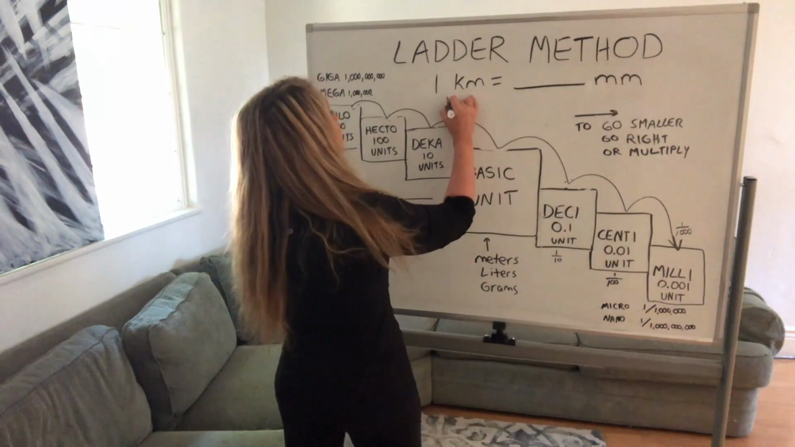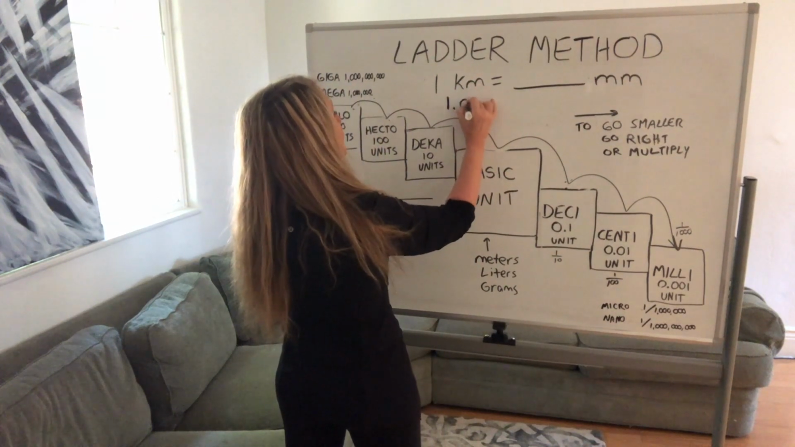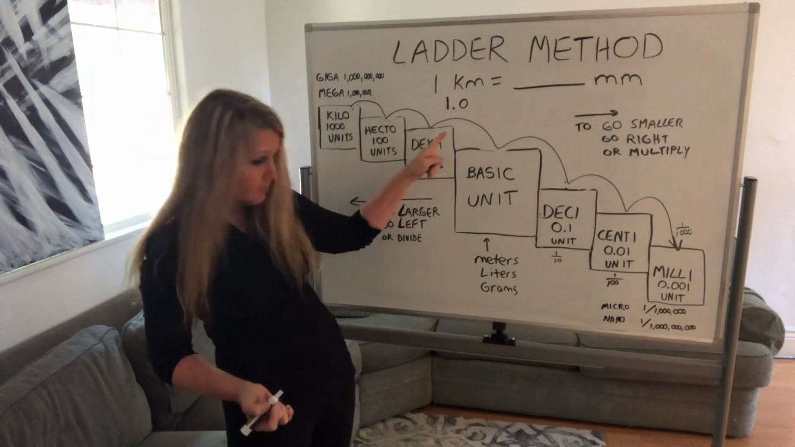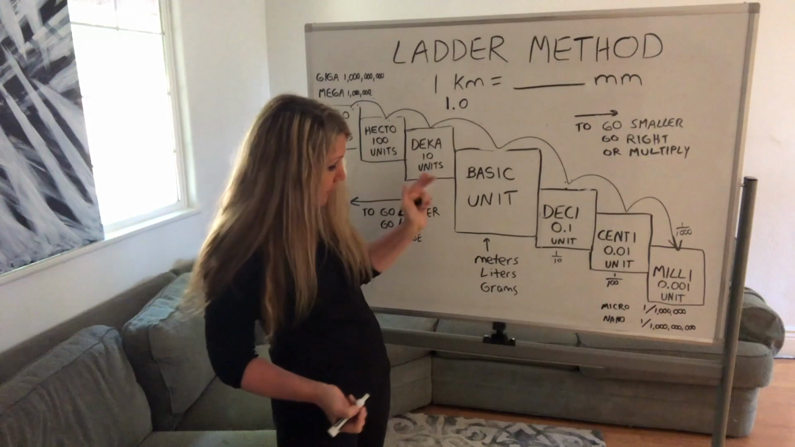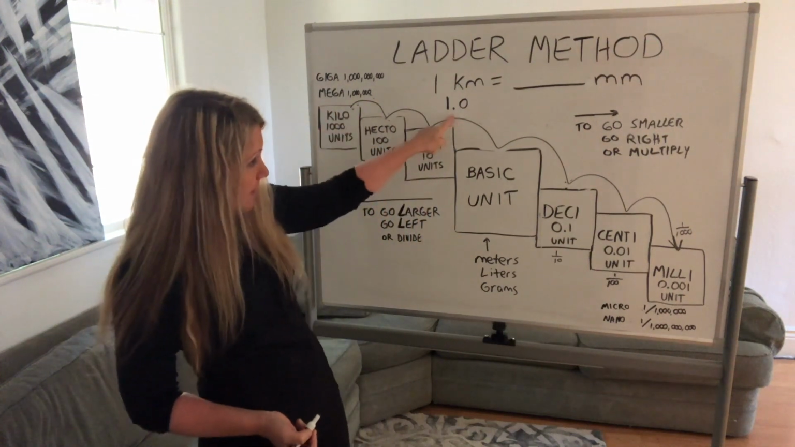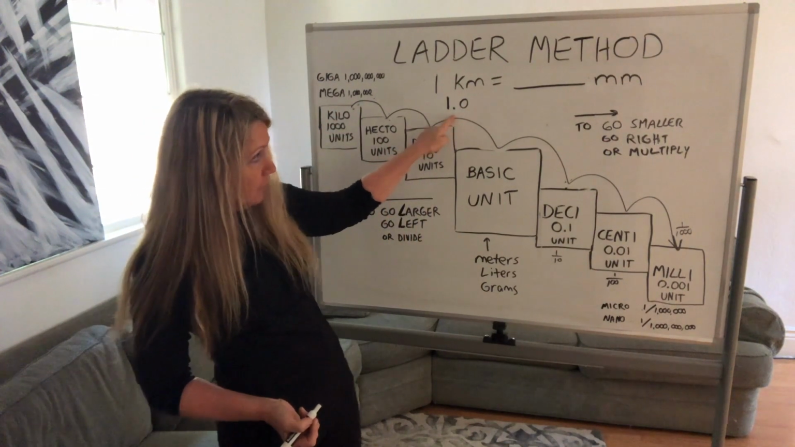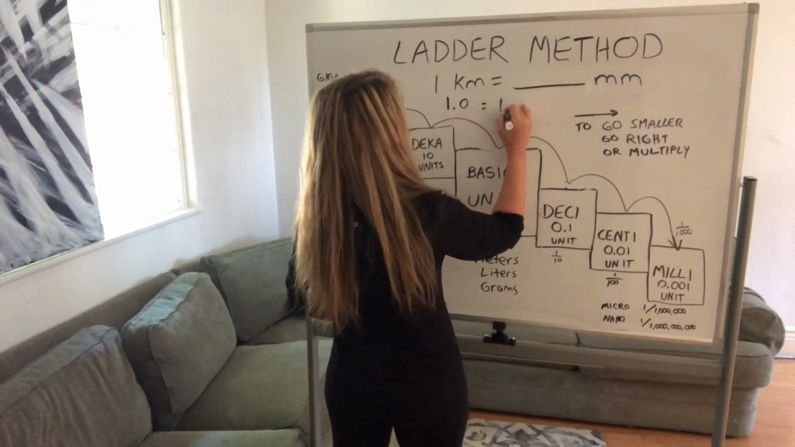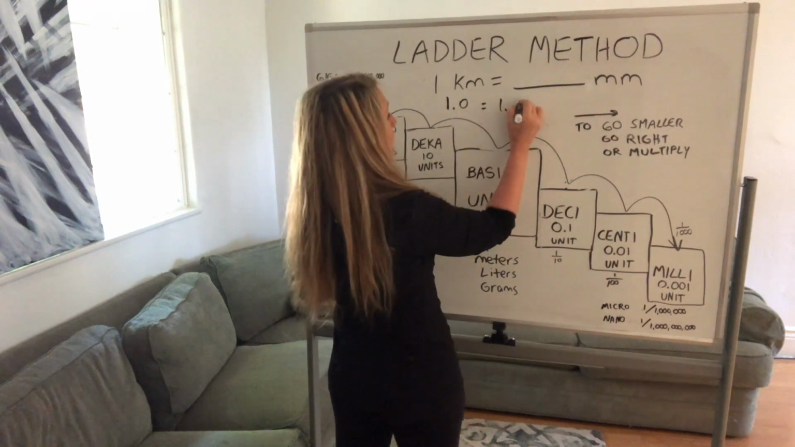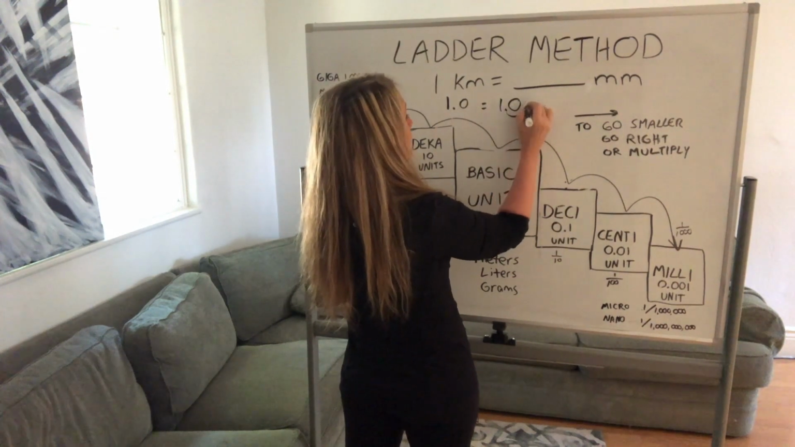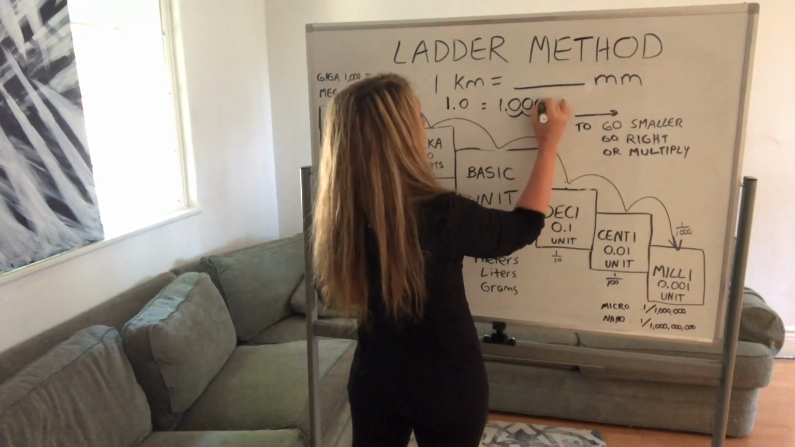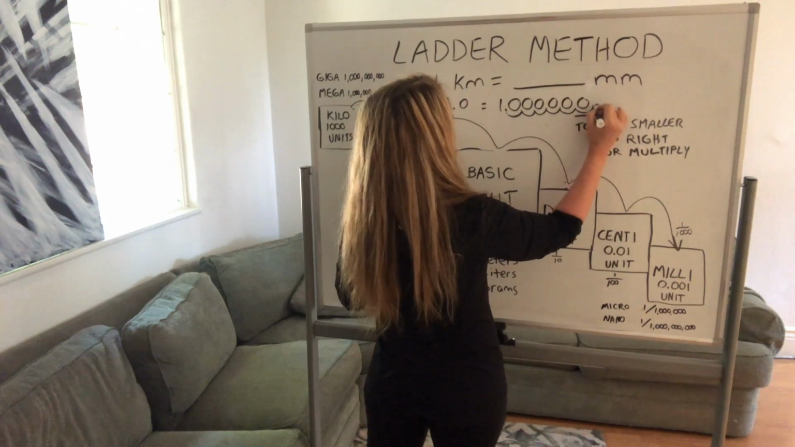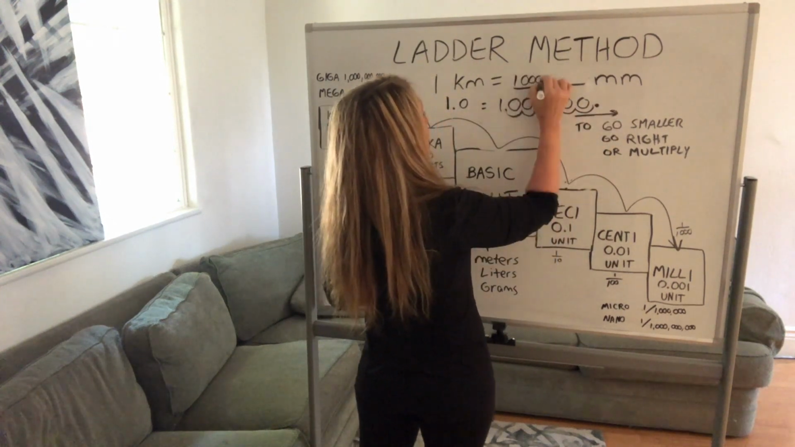So 1 is the same as 1.0. Same number. 1 kilometer, same as 1.0 kilometers. Now, I am going to take this decimal and move it to the right, 6 spaces. So we go 1. Now add zeros here. 1, 2, 3, 4, 5, 6. So my answer then,